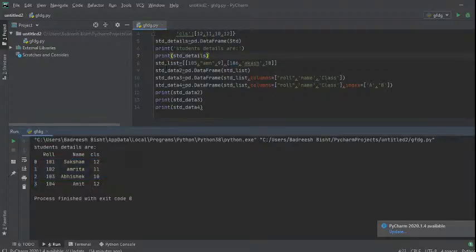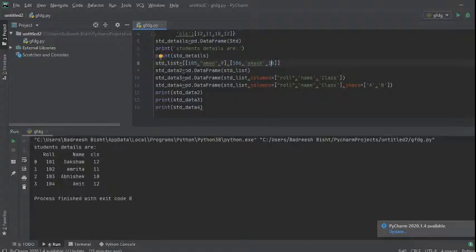Now for the student list, we are making a new list, like student 105 Aman and class. We are putting roll number, name and class. Here also roll number, name and class. So roll number 105 Aman, then roll number 106 Akash, and the class is 10th, right?